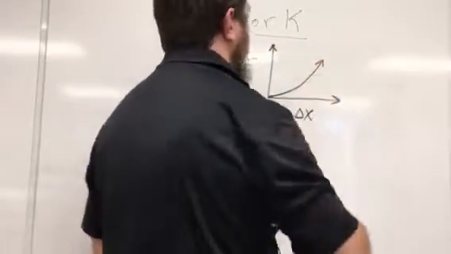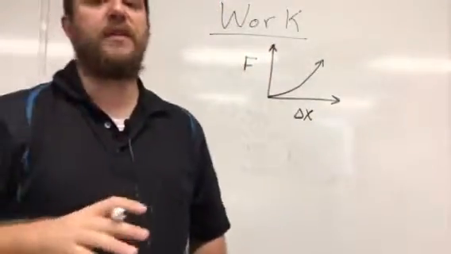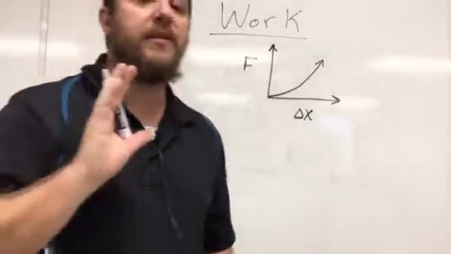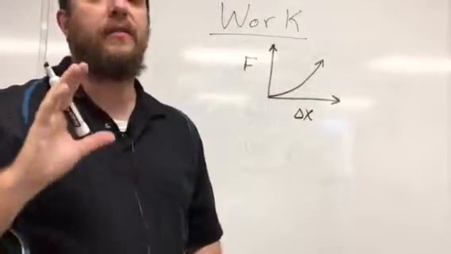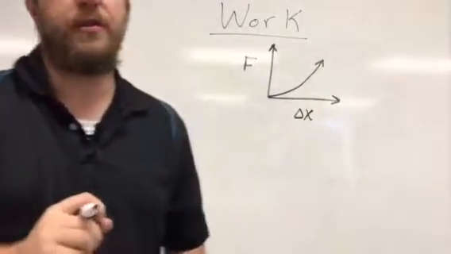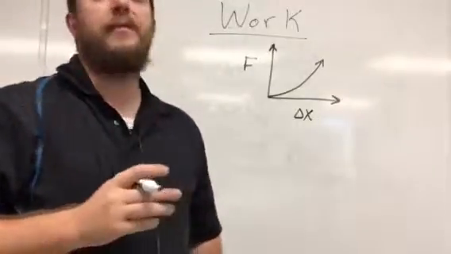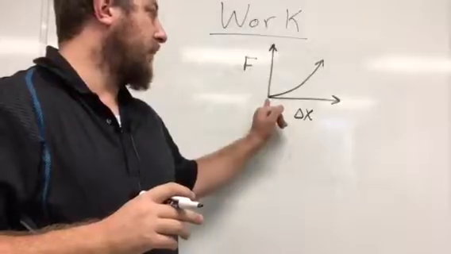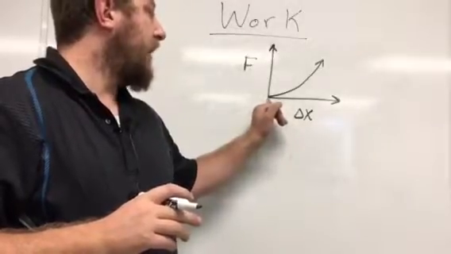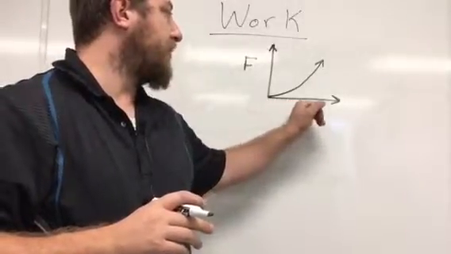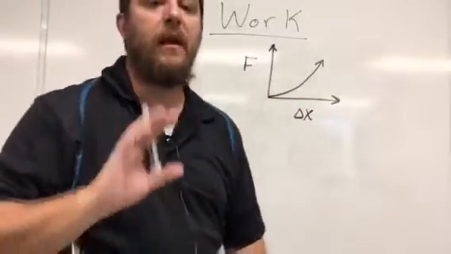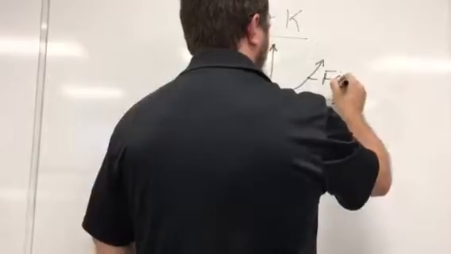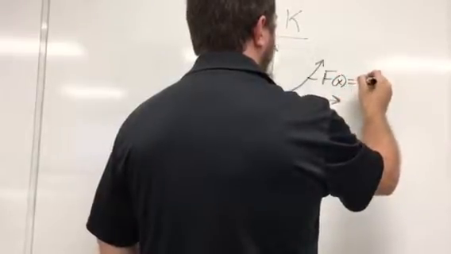Now this is a fictional force, I don't know what this might look like, but let's just say that as my particle is moving along in the x direction, the force is getting larger and larger. So this might be an attractive force of some kind if it starts away from a certain object and gets closer and closer to that object, and the force goes up and up. Whatever the case may be, let's say that the force is equal to some coefficient alpha